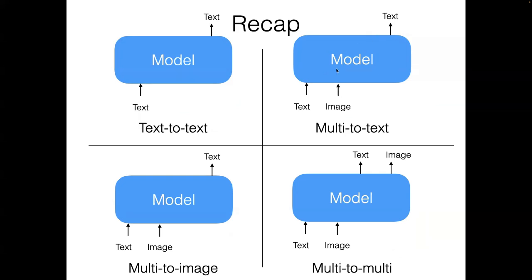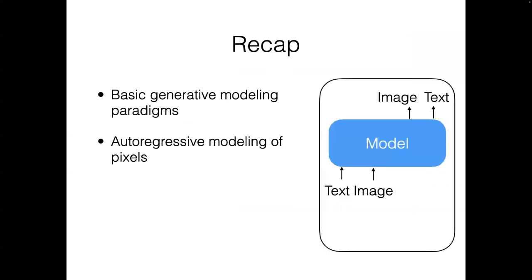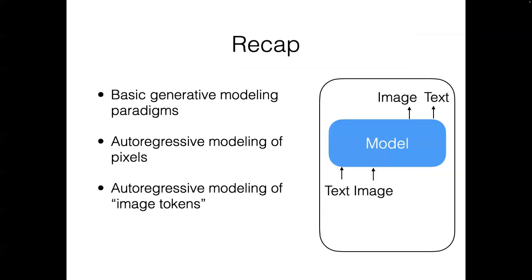So in the previous class, the methods didn't work for producing images, but they could be pretty good at taking in images. Some of these diffusion models would be able to produce, sorry, this is an error I forgot to fix. This is meant to be image. Some of them can produce images, but not necessarily produce text. And then you have these flexible models that can try to do everything. So here's what we talked about today, and